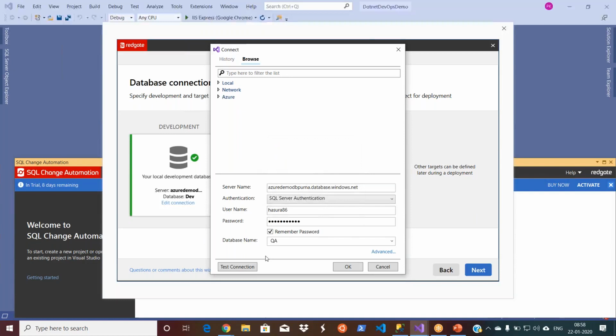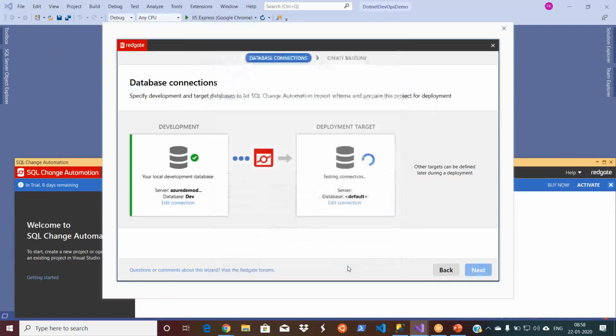Okay, as of now, I don't have any objects in my database. It's an empty database, right? So let me create one table at least in my database. Okay, we'll do it directly from the database processes. So there are many scenarios. You already have it, that is the most relevant scenario. The other one is from scratch. It doesn't matter, end of the day. Let's go and say okay. Done.